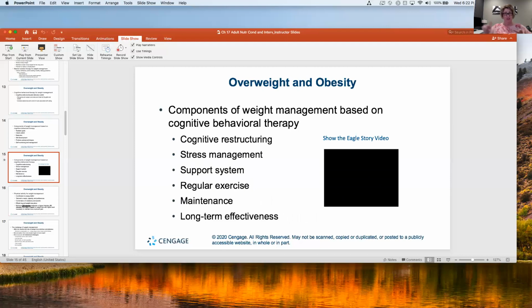Remember when we talked about stages of change? And how long you have to be in maintenance before we consider it maintenance. Remember that 3-month kind of rule? So thinking of that, and then thinking of the long-term effectiveness of this program. Is this something that they can sustain long-term? Can they keep coming? Can they commit to it? That kind of thing. Now, all that being said, there's a video here that you can play when you are